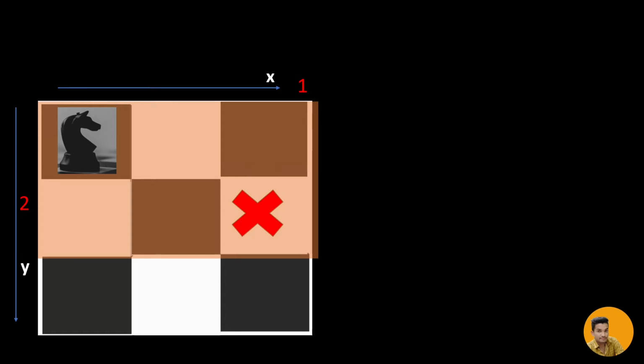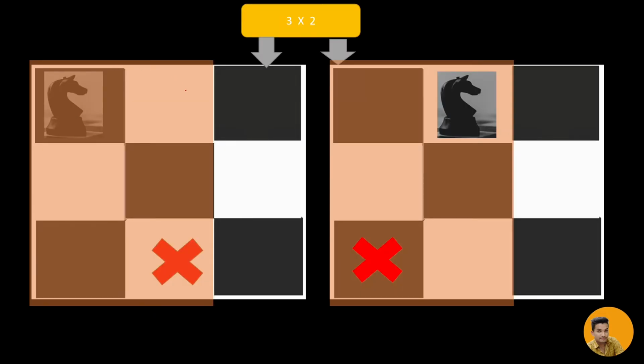Now we will see 3 cross 2. This is a 3 cross 2, and it is placed here, 3 rows and 2 columns. The other knight can't be placed here. Similarly, a single 3 cross 2, like previous, it is given 2 such possibilities. 2, right? Yeah, if I place here, the other knight can't be placed here. So a single 3 cross 2 is giving 2 such possibilities.